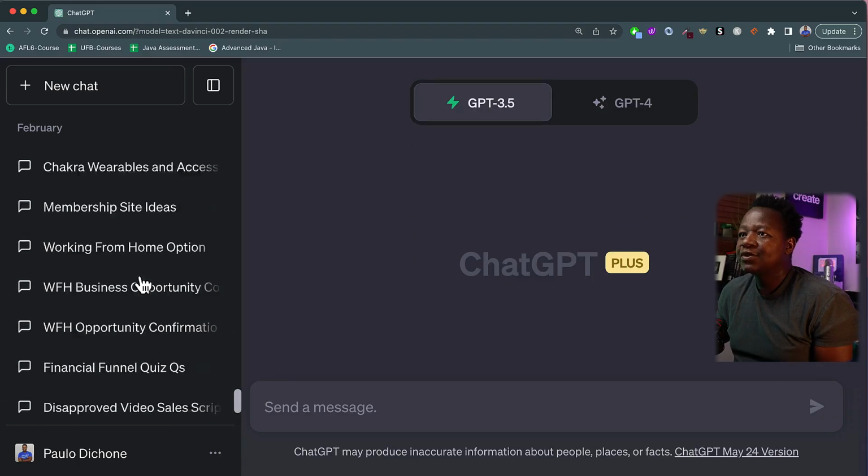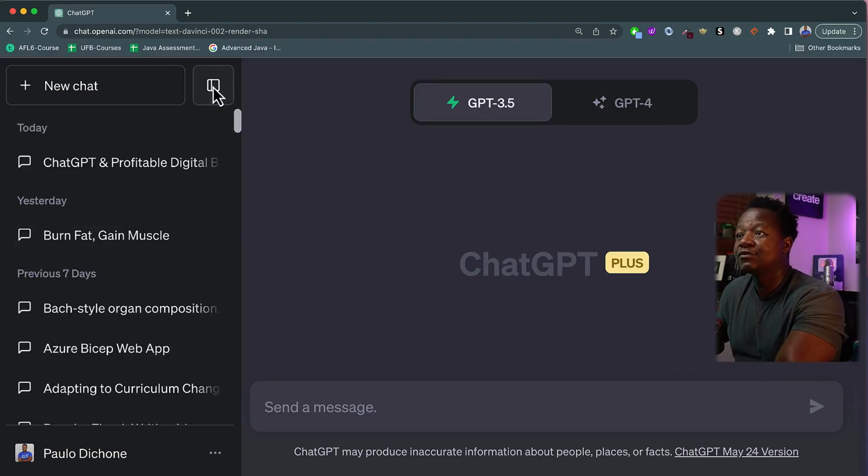And the other thing you will notice is that to the left here, we can actually toggle the sidebar, if you hover over hide sidebar, and you can create new chats. Okay, we're going to learn more about what's going on here, but the basics are that every time you want to create a new conversation, a new chat thread, it's always important to create a new chat by clicking here. That will just create a new chat, and this is where you type your prompts. The questions are called prompts. That's where you type send a message, just like a chat. You can say,